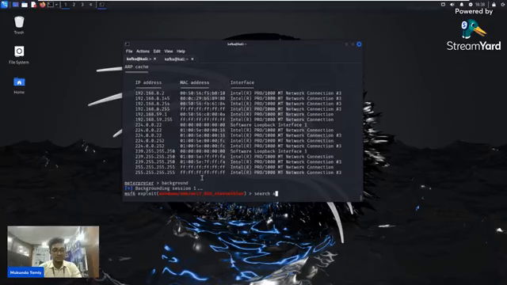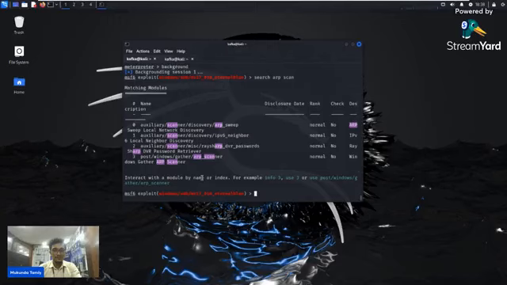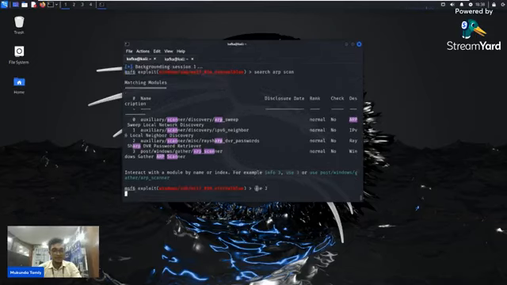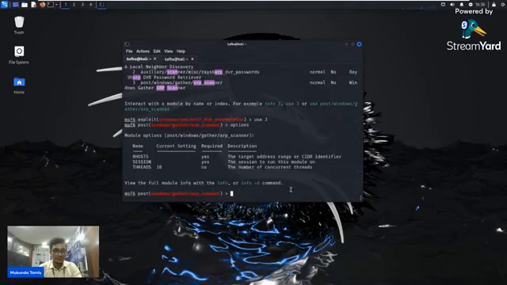Search arp scan. We got auxiliary scanner discovery ARP sweep, or post Windows gather. Okay, use 3, options. Set session 1.